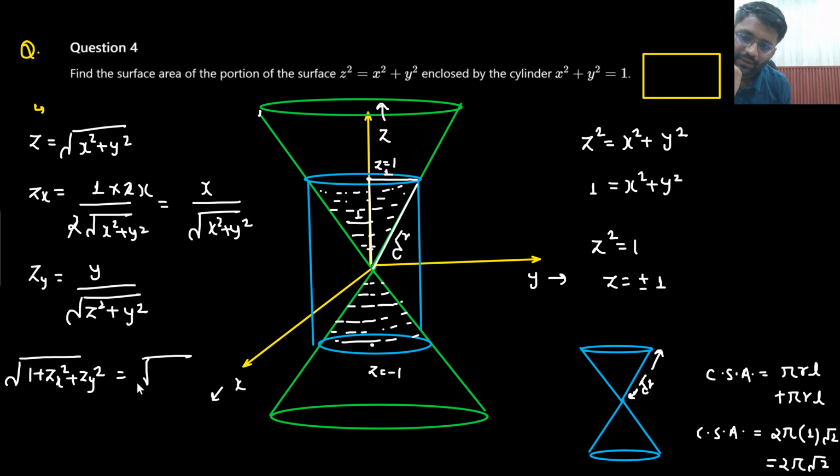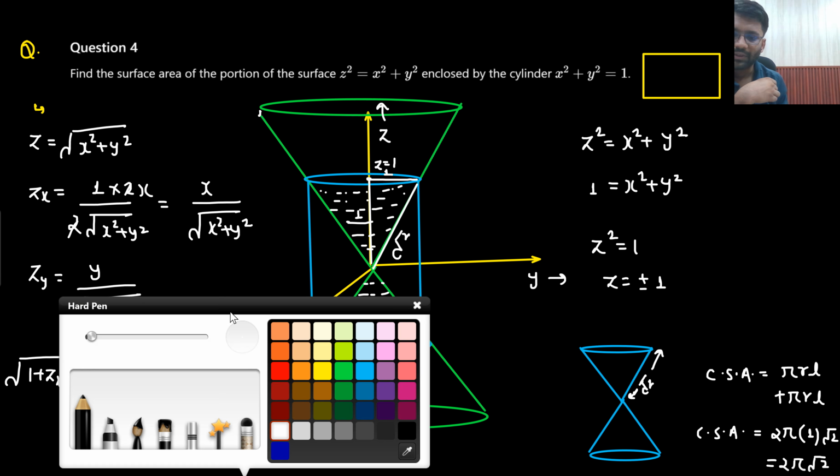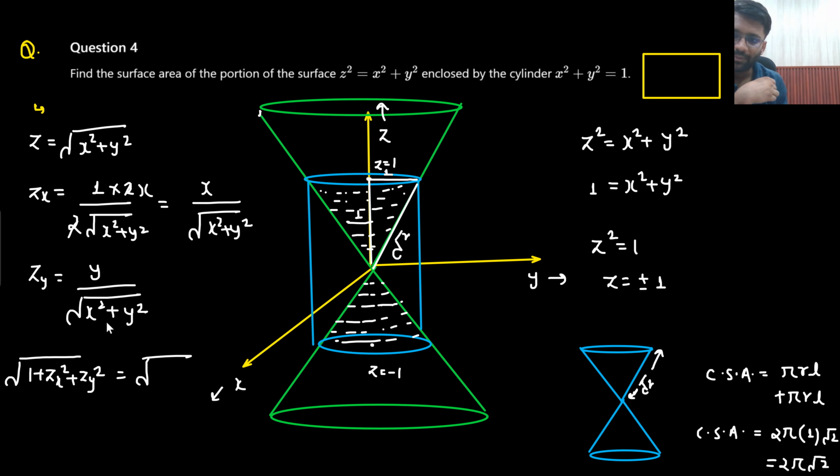So you can calculate: 1 plus zx square plus zy square will be x square plus y square upon x square plus y square, that would be 1 only. So 1 plus 1 will be 2, so under root 2 we are getting. Okay, so this factor is coming out to be under root 2. So what is the curved surface area? The curved surface area would come out to be under root 2 dx dy